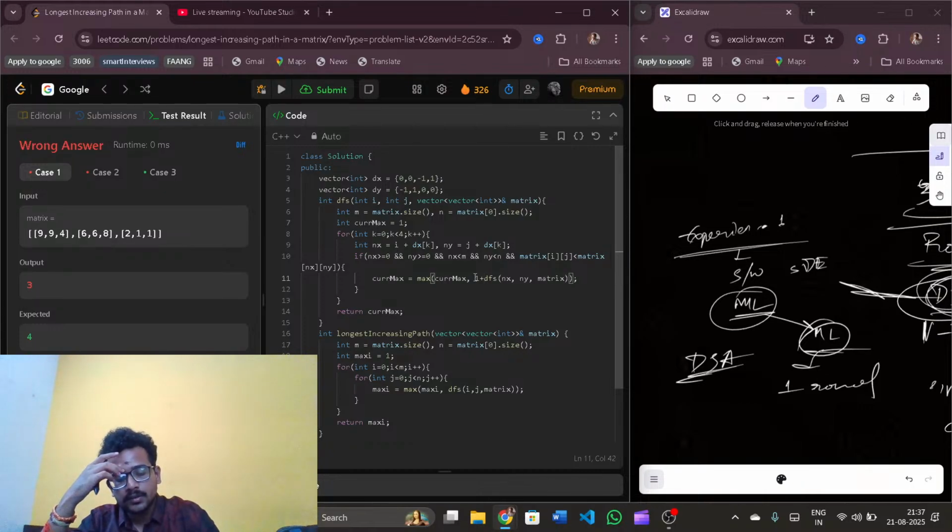I think something is missing here. Okay, and next is current max will be, but I don't know why it is giving a wrong answer, right? So I went from k is equal to 0 to k is less than 4, m is equal to matrix dot size. Now,